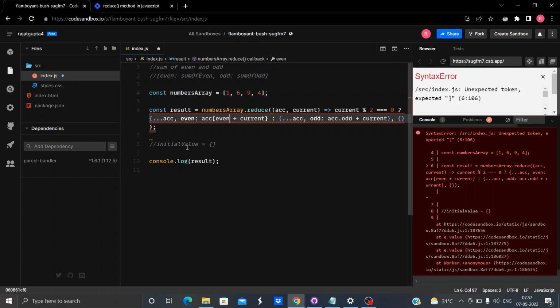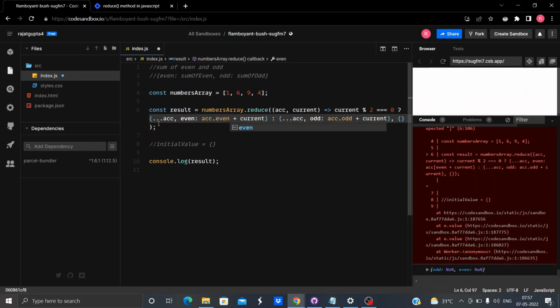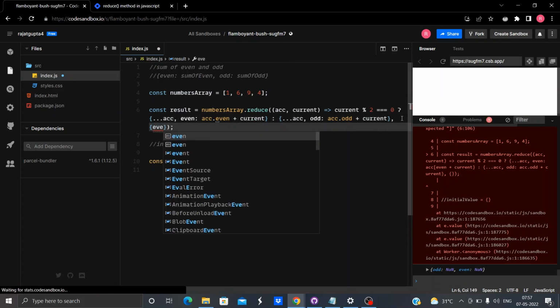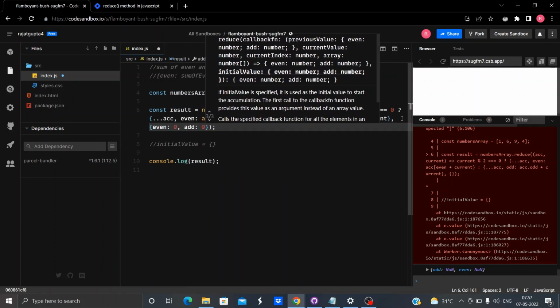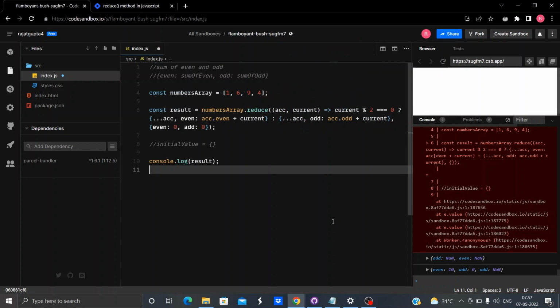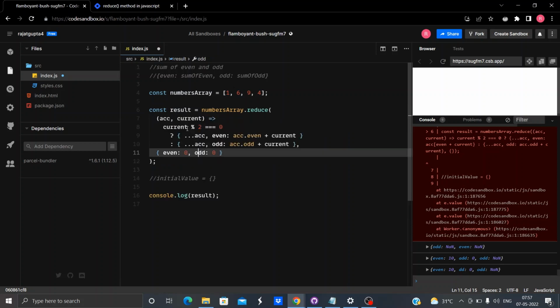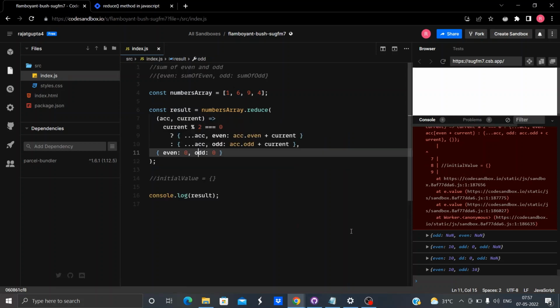Okay, one sec. ACC dot. So instead of this initial value, we'll take the initial value as even 0 and odd 0. Yes, odd 0. Now we are getting somewhere.